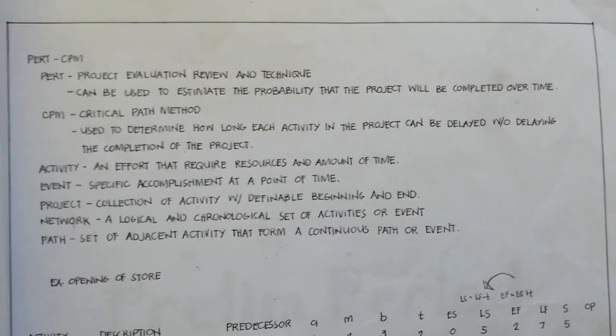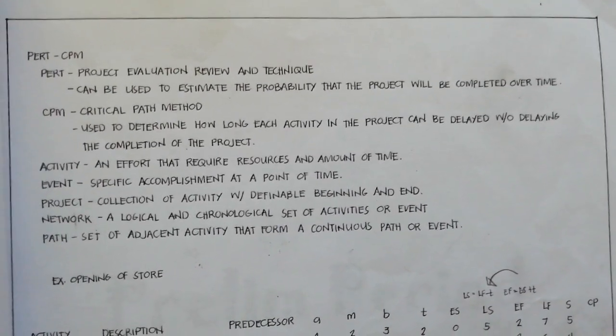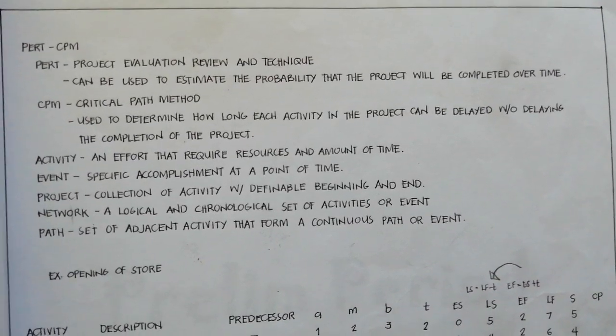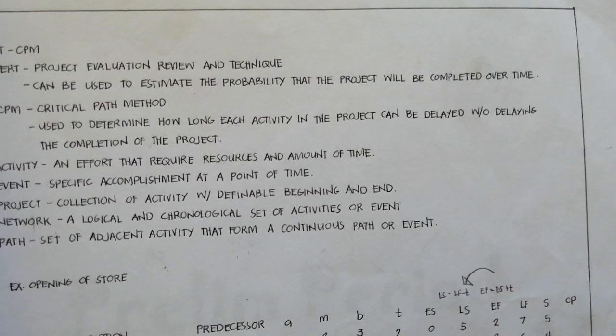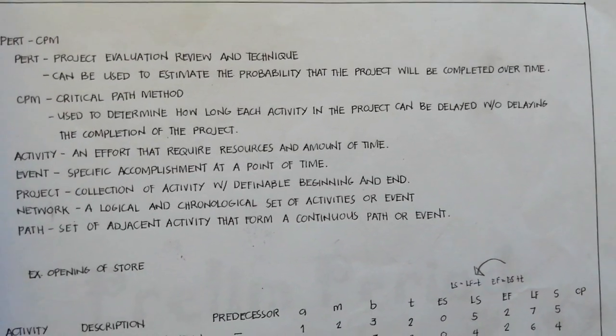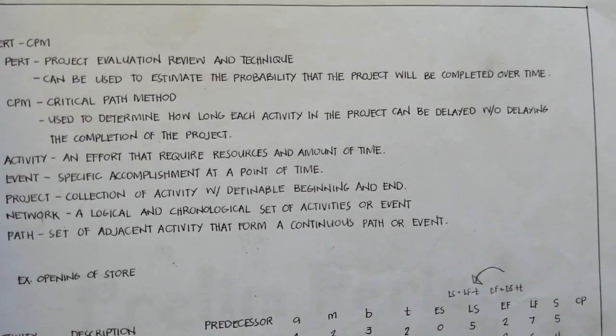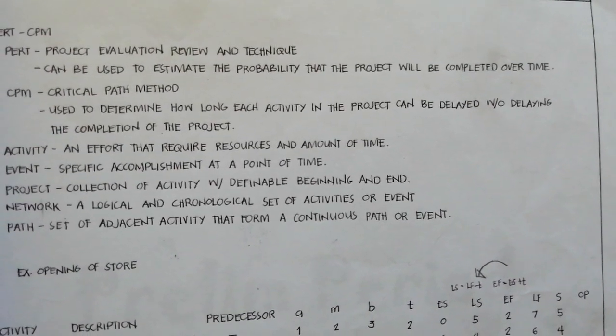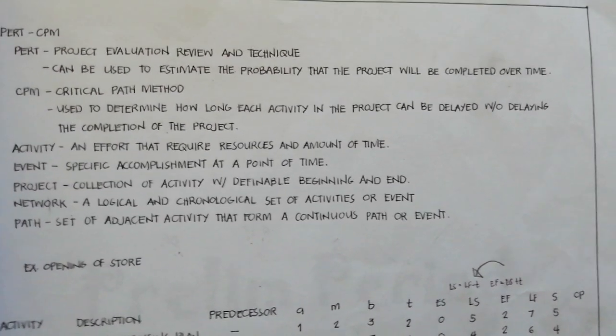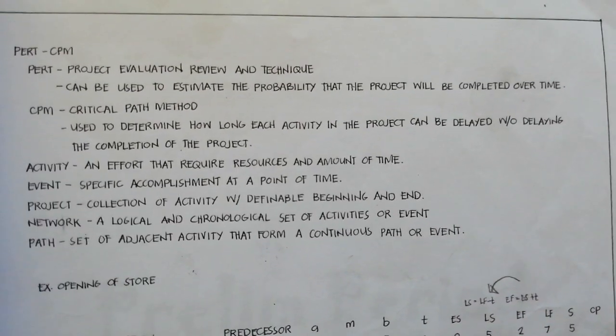Okay, so what is this PERT CPM? PERT means Project Evaluation Review and Technique, and it can be used to estimate the probability that a project will be completed over time. And the critical path method is used to determine how long each activity in the project can be delayed without delaying the completion of the project. You have to remember,